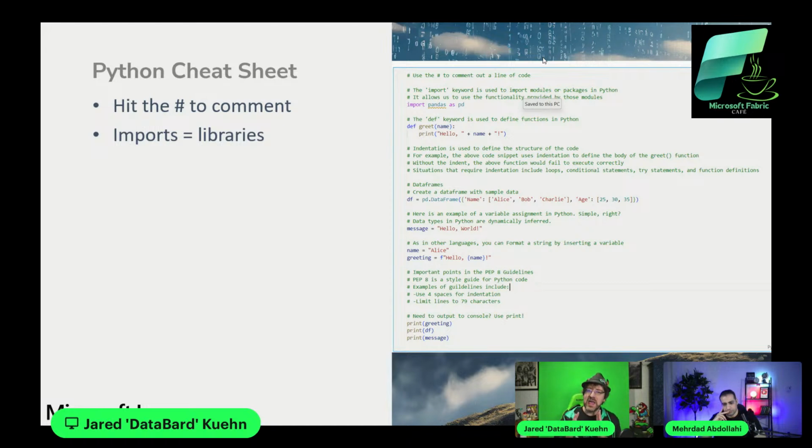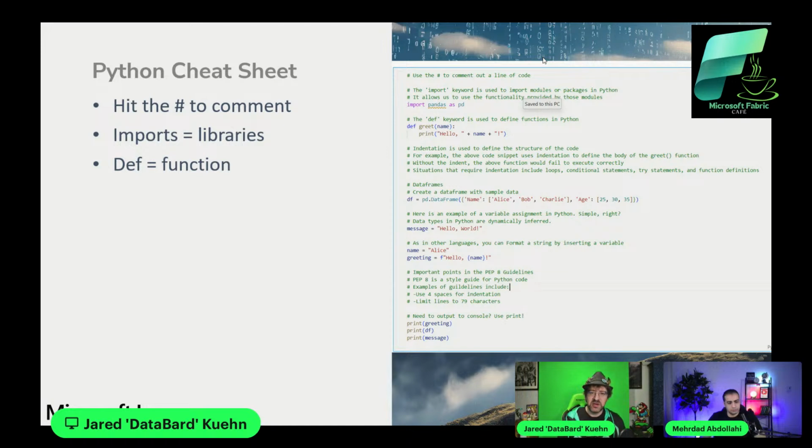Import is another keyword. That's the libraries. Again, before you get too deep into building a solution, make sure you look at the libraries that are made out there in the community that can support you doing the sorts of things that you want to do with data. So many people have gone into that space and have wanted to work with data with Python that they built a lot of libraries to help you out. Make use of what is out there before you have to code it by hand by yourself.